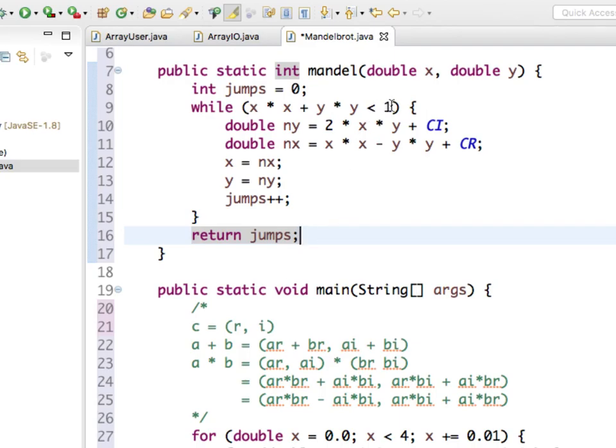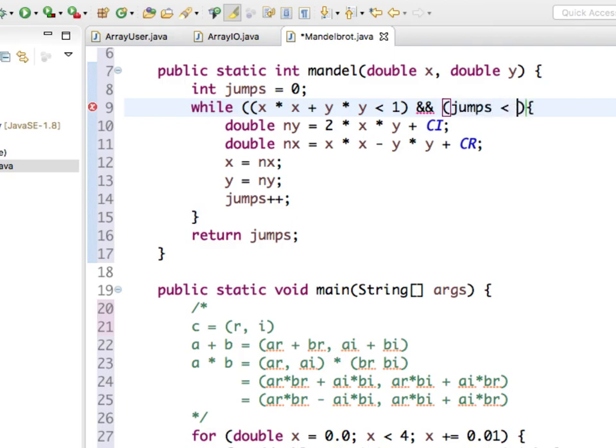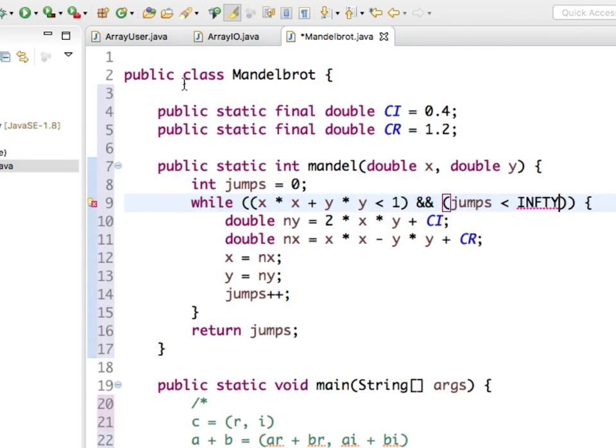Now, it's kind of theoretical. We're breaking something, but for our purposes, it'll be enough. And if we find it's not enough, we just tack on a 0 to the number of jumps we allow. I don't care. One keystroke and we can fix our issues. So while we are still inside the circle and jumps is less than 100. Oh, no. Infinity.